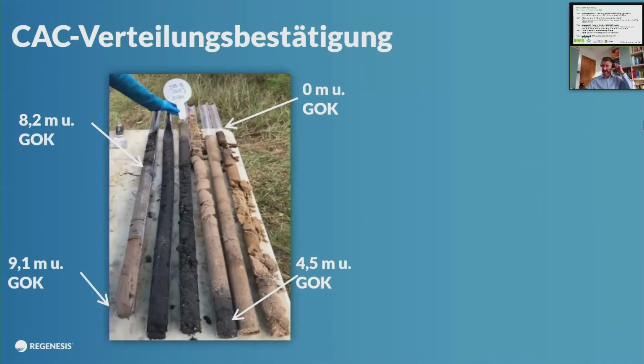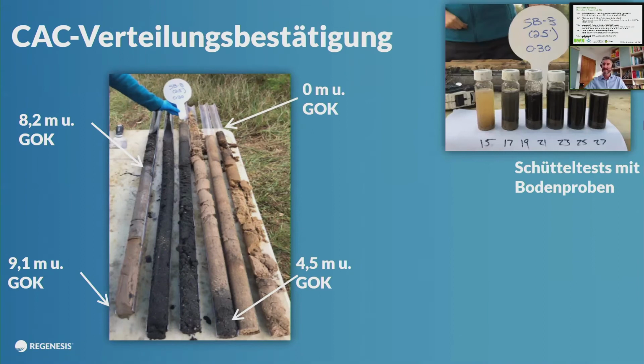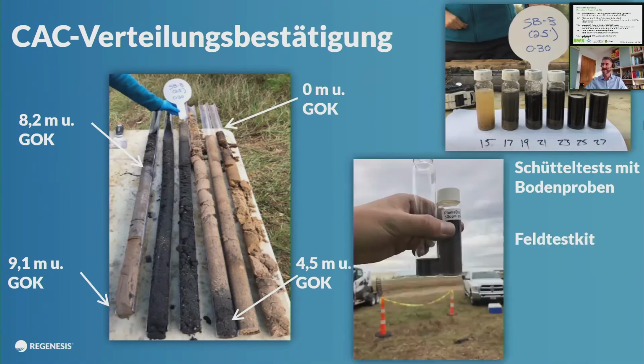And there's a couple of ways of doing it. One is by coring, and if you go from the right to the left on those cores, you can see we work down from the surface, and then we get to the treatment zone where it goes black, and that's actually the colloidal activated carbon that's coated that subsurface. You can then do samples of the cores themselves. You can do this while drilling, etc.